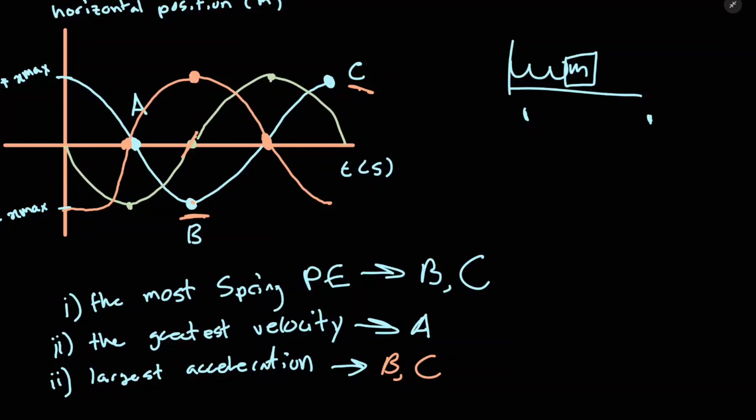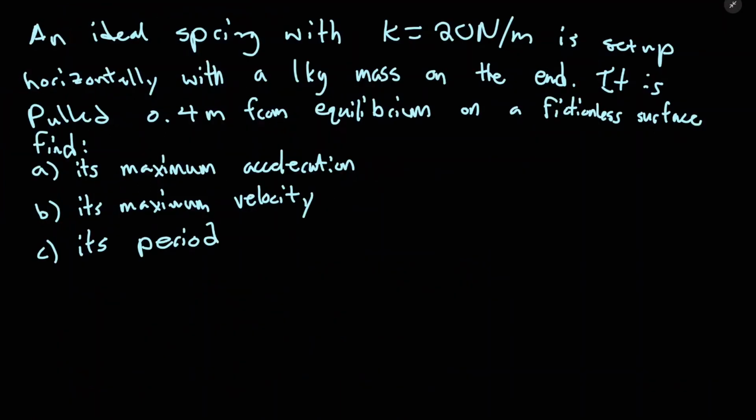All right, let's move on. All right, so this next problem we're looking at is an ideal spring with K, the spring constant, equals 20 newtons per meter, set up horizontally with a 1 kilogram mass on the end. It is pulled 0.4 meters from equilibrium on a frictionless surface. Find A, its maximum acceleration, B, its maximum velocity,